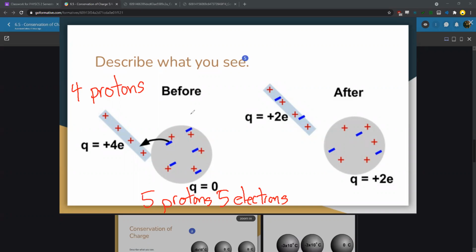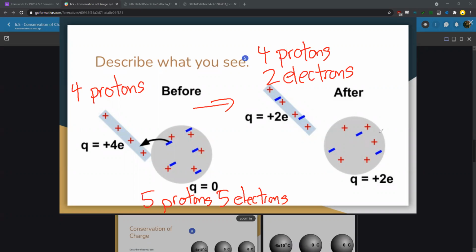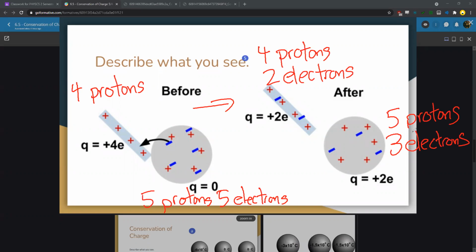Then what happens after that is there are 4 protons and 2 electrons here, and here you have 5 protons and 3 electrons. And in both cases,